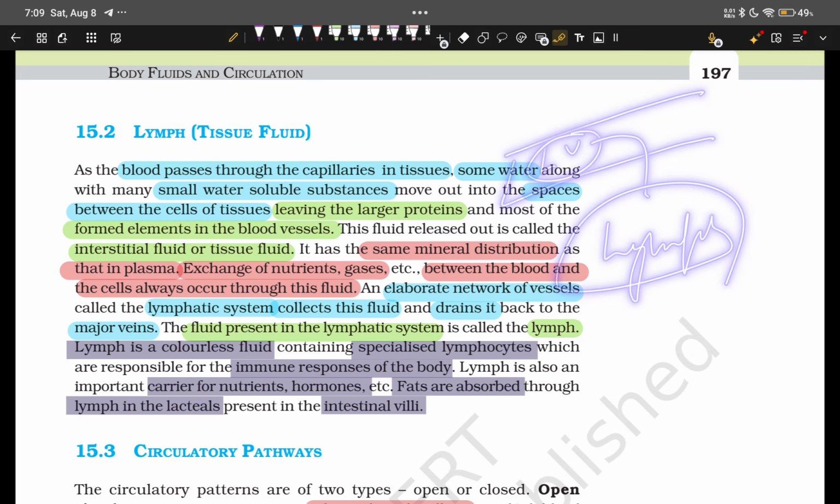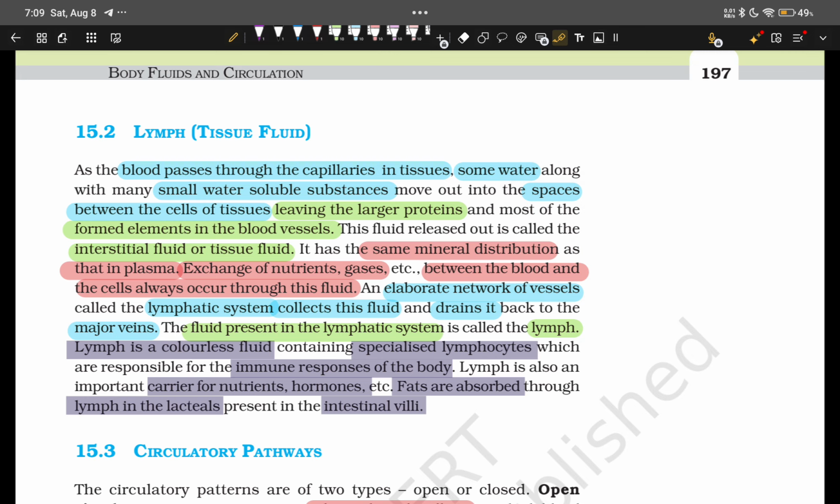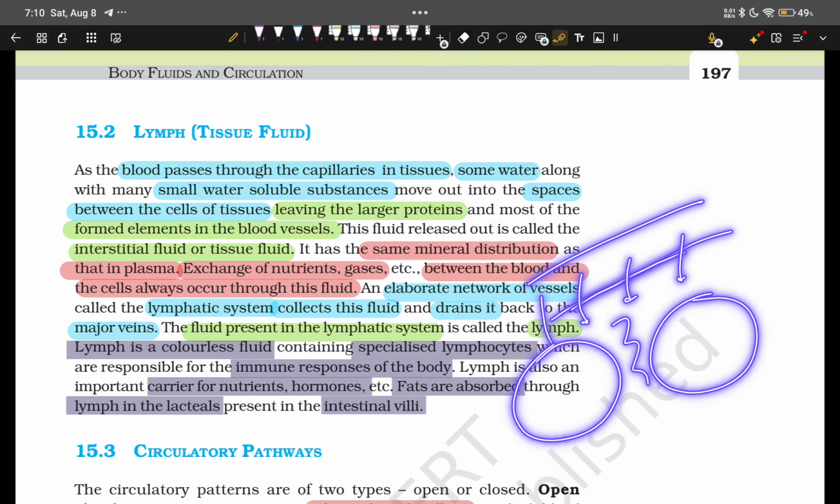We'll talk about this also, but before that, this fluid helps in exchange of nutrients between blood and the cell, and blood and cell exchanges always occur through this fluid. An elaborate network of vessels, called the lymphatic system, collects this fluid and drains it back to the major vein. So first of all, this is a capillary which oozes out or leaks out the water soluble substances, and they